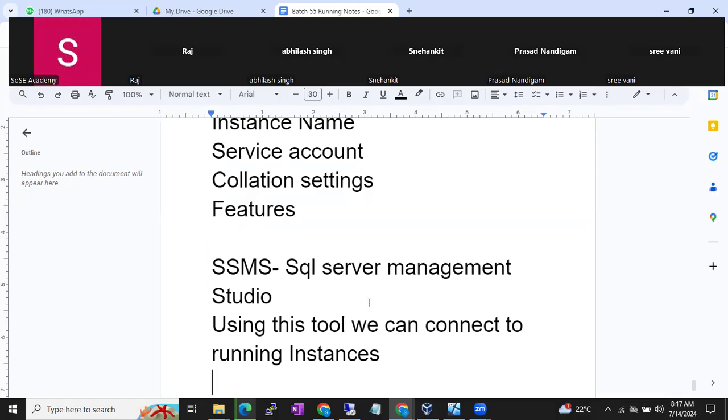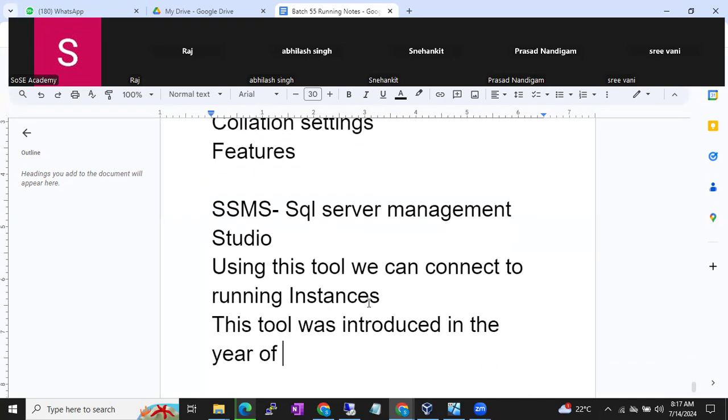Okay, and this tool was introduced in the year 2005. SSMS was introduced in 2005. And in every version, this SSMS is part of it, guys. Without SSMS, we cannot connect to the SQL Server. Of course, there are other ways using the command prompt and all. We can connect, but again, we are comfortable